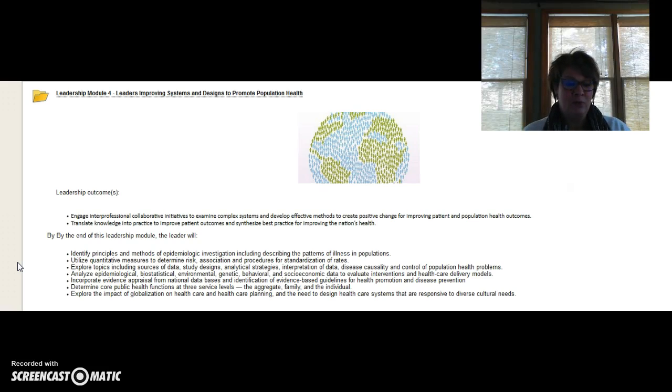So when we're putting everything together, we're really synthesizing and analyzing epidemiological data, biostatistical data, environmental factors, policy, all of those factors that play into the experience of health, into developing an effective program for a given population. So as we take a look at the module itself,